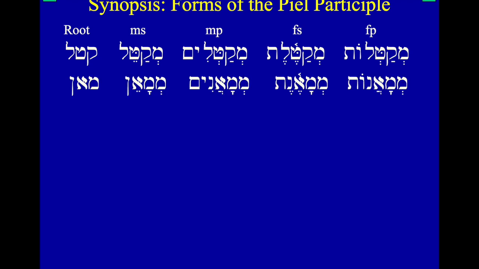Another root that we can do, this is a middle weak form. This is an aleph, right? Middle guttural. So this is going to mess us up because it cannot take a dagesh. So we're not going to have that distinctive dagesh. We still have a meme and a schwa underneath it. This form here, ma'an,